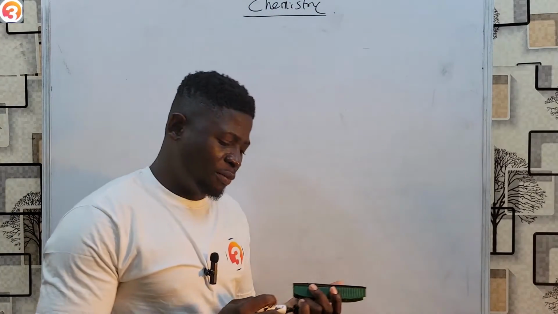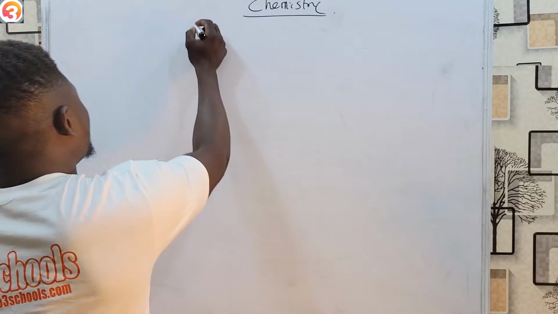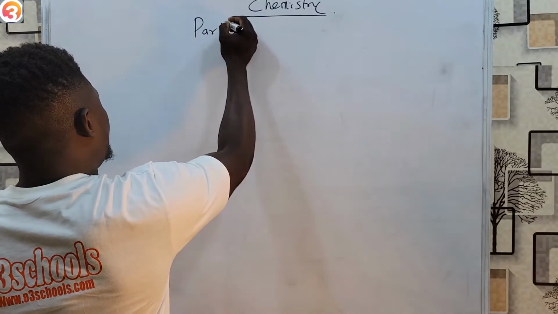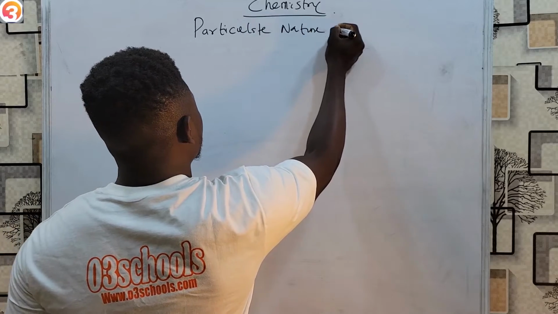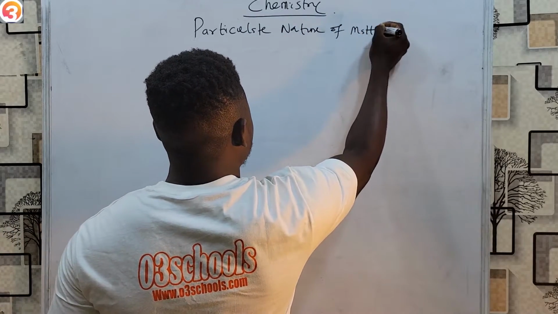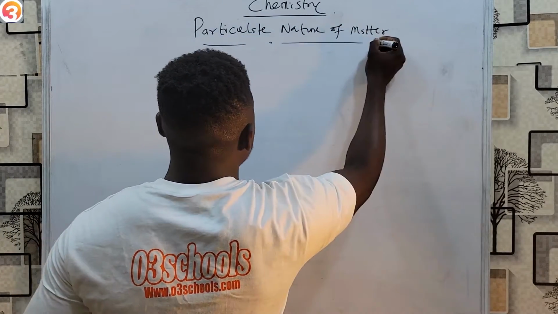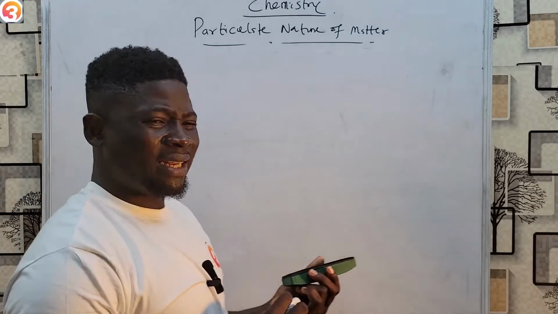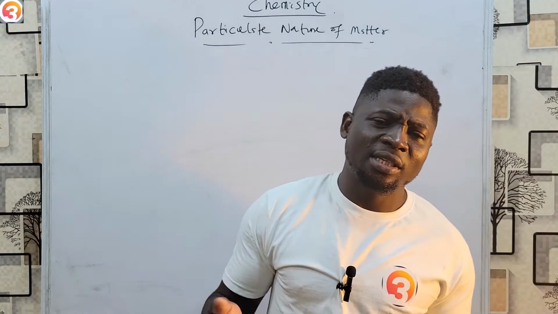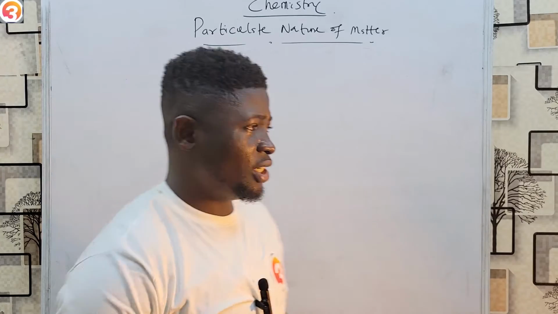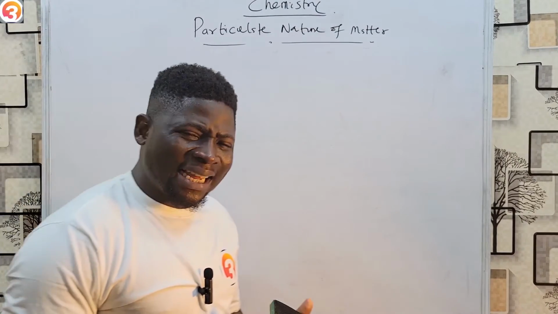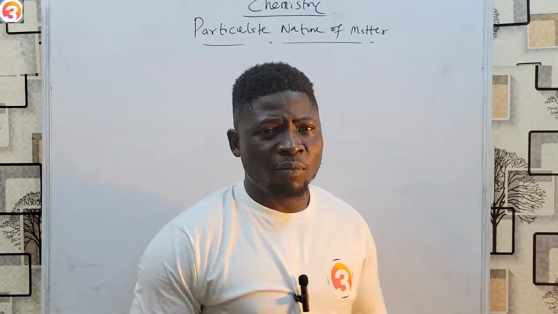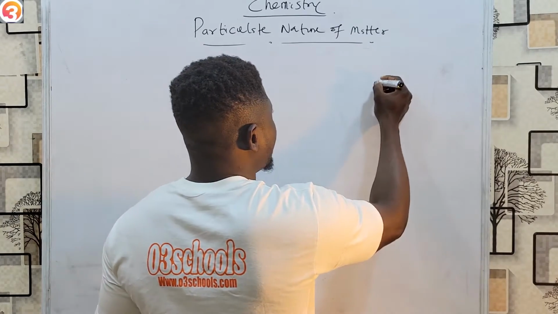And in this class, we're going to be looking at the particulate nature of matter. This will be the first part of this topic. The second part will be in the next class. So please do not forget to also watch it on this channel. All right. We know that matter is made up of discrete particles, of which some of these particles are atoms,